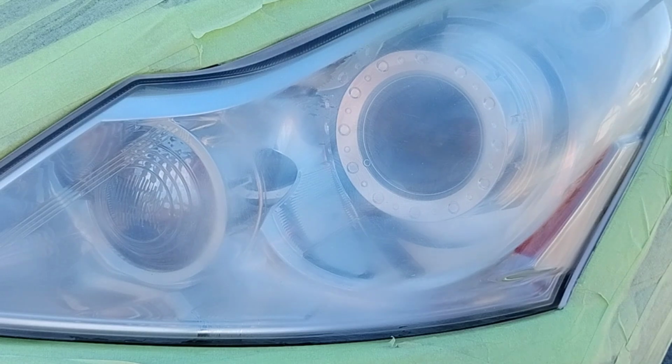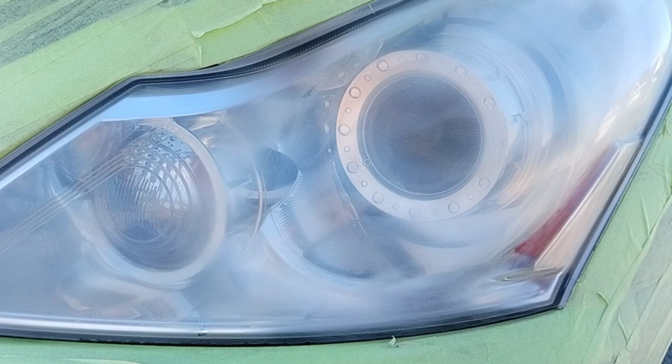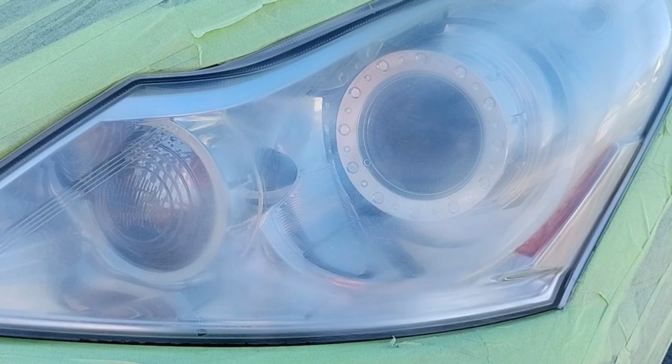So if you get a blower, I suggest you get a case with it too, because I had my first one for damn near 2 years, but I feel like I could have gotten more years out of it just because it wasn't in a case. It started messing up. But anyhow,